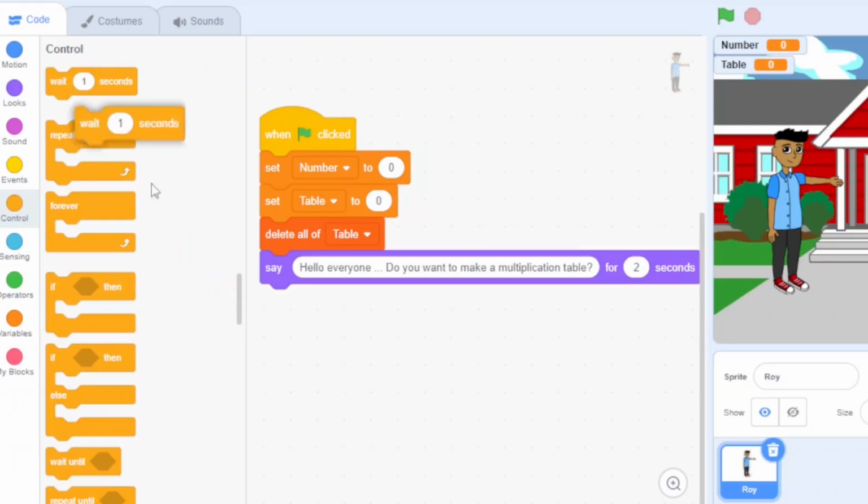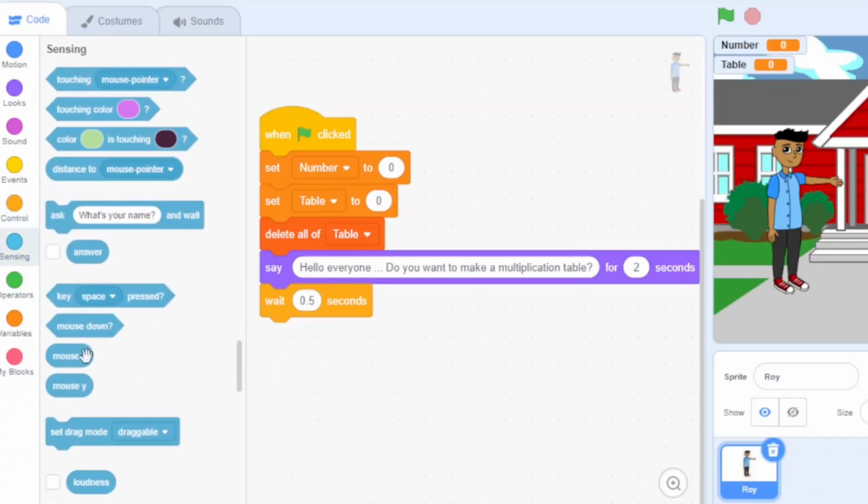And after this, wait 1 second, instead of 1 second, 0.5 seconds. After this, go to sensing and take ask what's your name and wait. We will not write what's your name, but we will write please type any number.